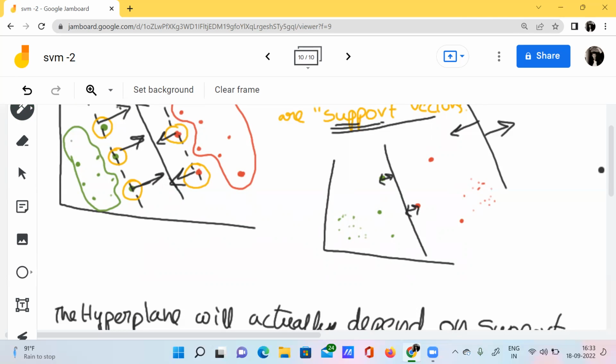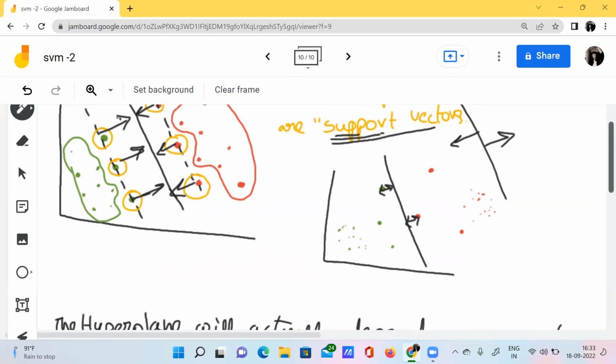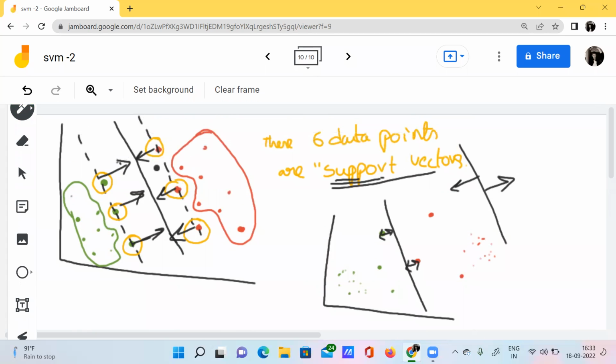If I change any of those six data points, then definitely it will impact the location of this hyperplane. Okay, but if I change any of these remaining data points, it will have no impact on this hyperplane, right?